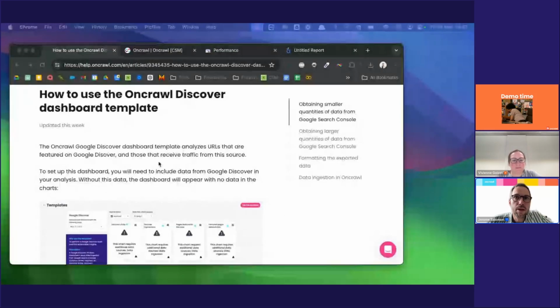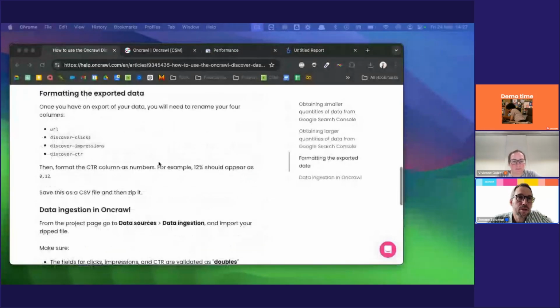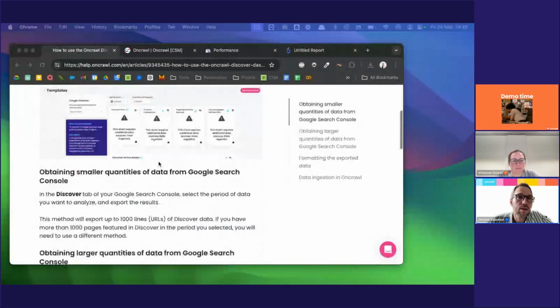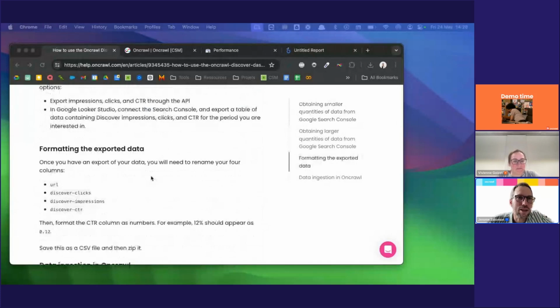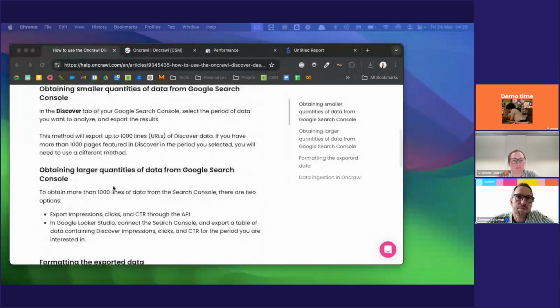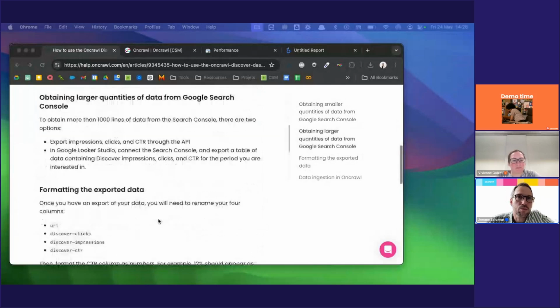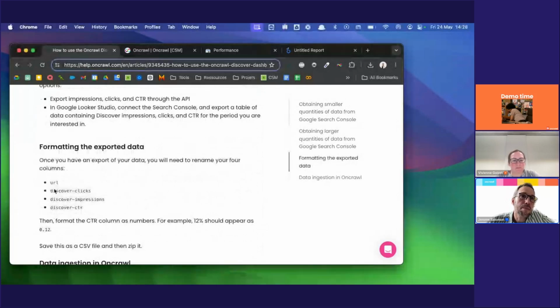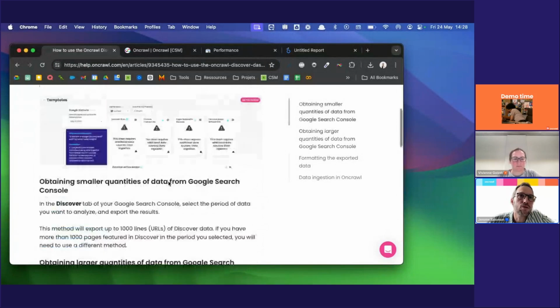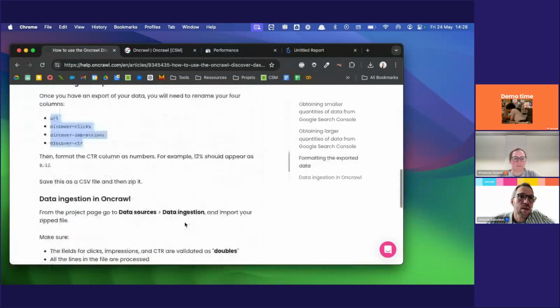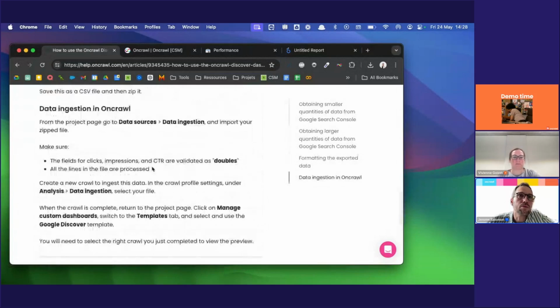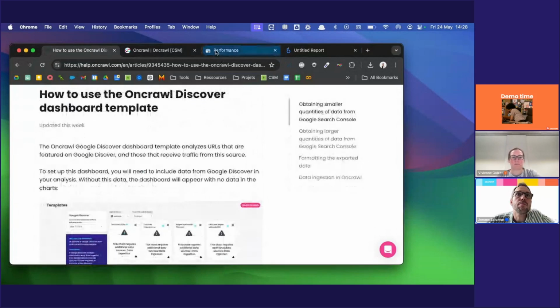We have a help article that is already published that has everything written down, so you don't have to remember it and take notes now. It also mentions the limits and how to do it. What's especially important is the name of the columns, otherwise you won't be able to use the dashboard I've built. And then how to use it. So, first step,